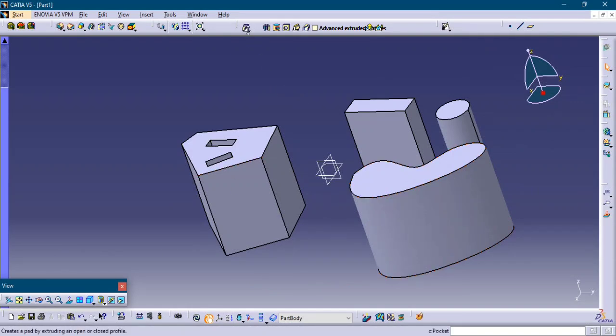So this is the use of these pad and pocket tools. We have explained both. So now